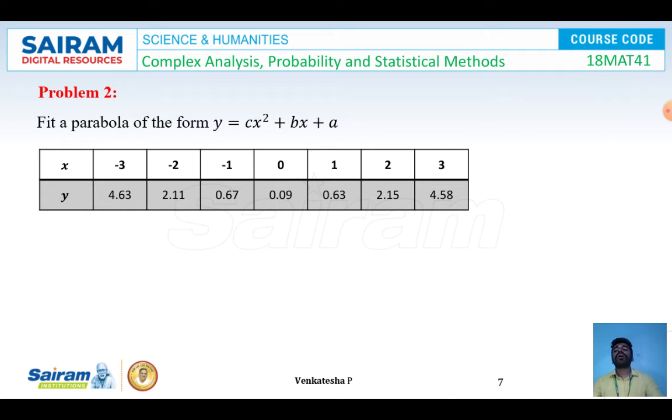Problem number 2. Fit a parabola of the form y = cx² + bx + a. The data is given like x = -3, -2, -1, 0, 1, 2, 3. Y is given like 4.63, 2.11, 0.67, 0.09, 0.63, 2.15, 4.8. So now from this data we have to fit a parabola in the form y = cx²